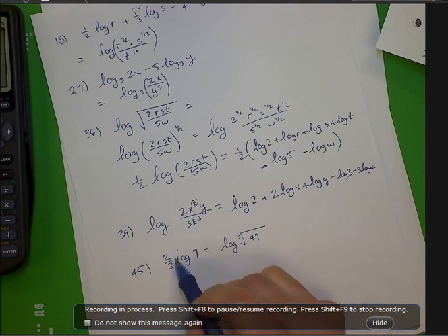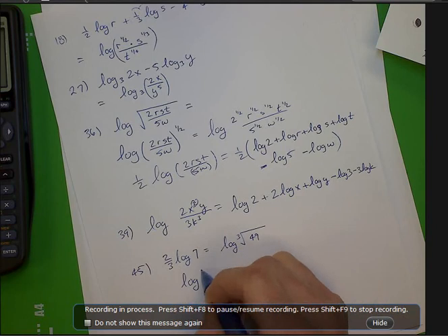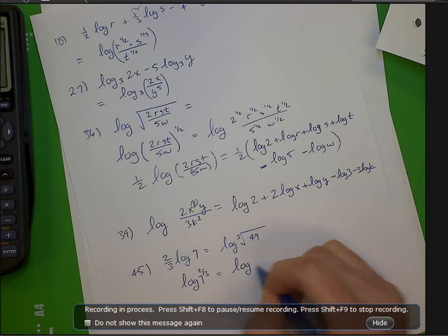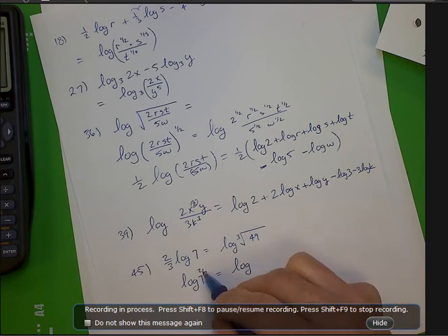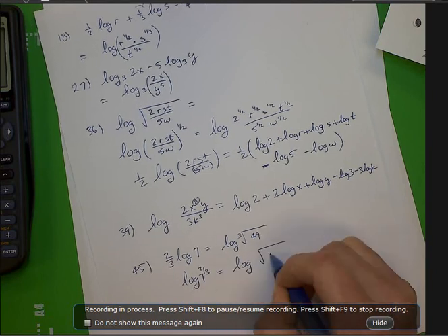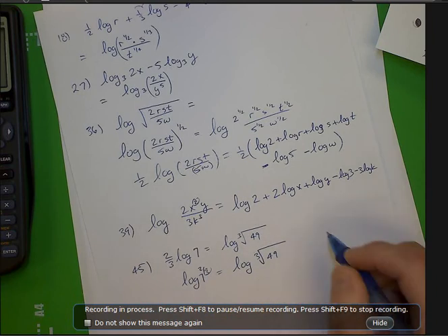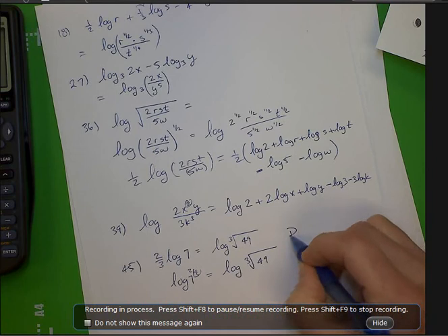All we did was we rewrote this as the log of 7 to the 2/3, because this 2/3 came out here. And then we rewrote it as the log of, well, I knew that 7 squared is 49, and the index of 3 goes from there. So all we really used there was the power property